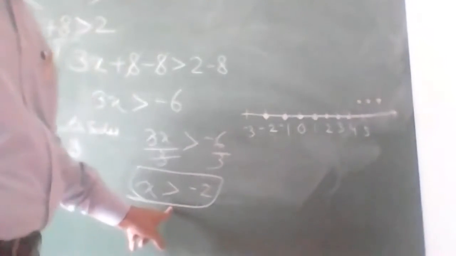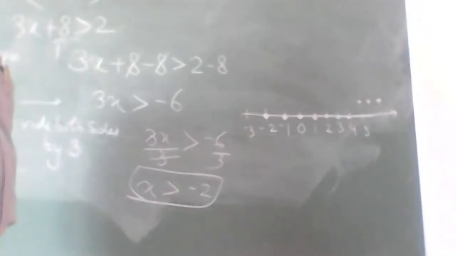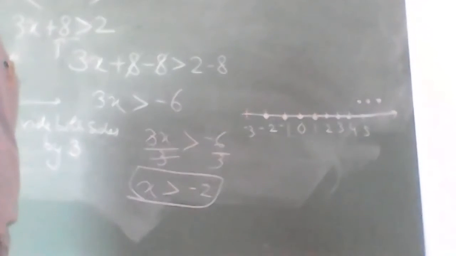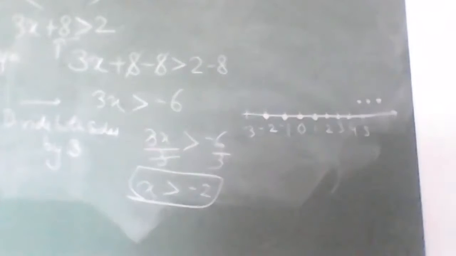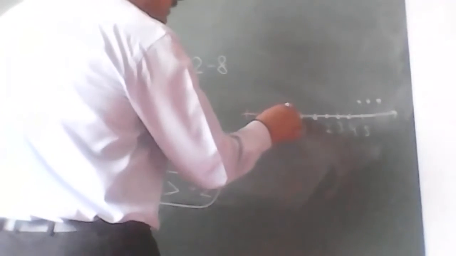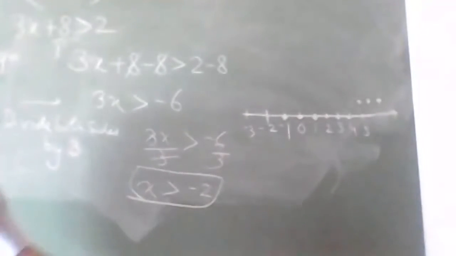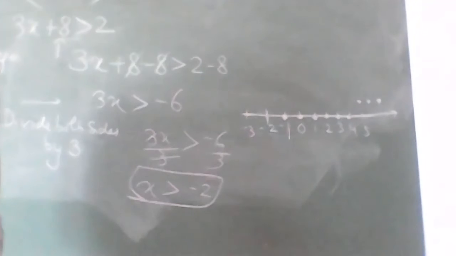X is greater than -2. It will always be there. X is greater than -2. सर ओपन इंटरवल नहीं होंगे? हैं जी? ओपन इंटरवल नहीं होने चाहिए? Exactly. Yes, it cannot be actually this one. Integers है तो -2 नहीं आएगा, -1 से आएगा. I am taking as real number system. So on x greater than -2, it would start from -1. Thanks for correcting.